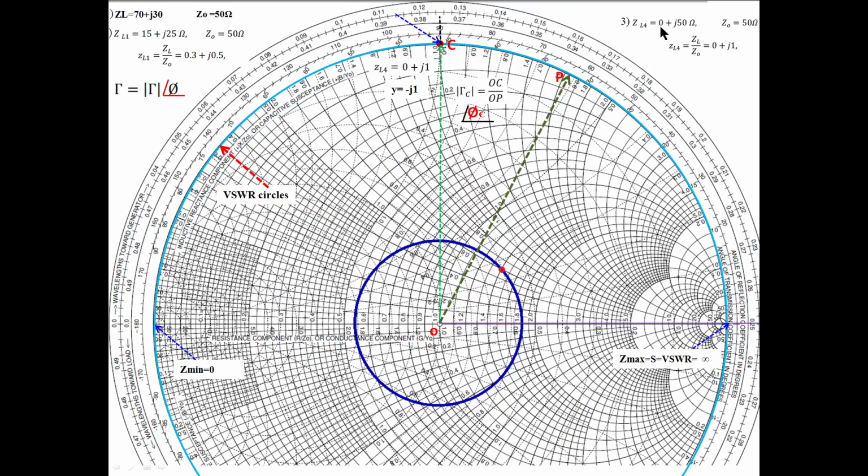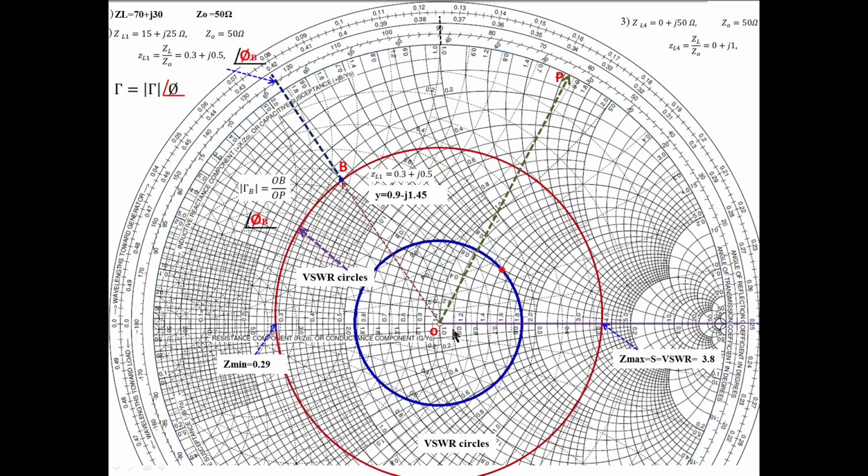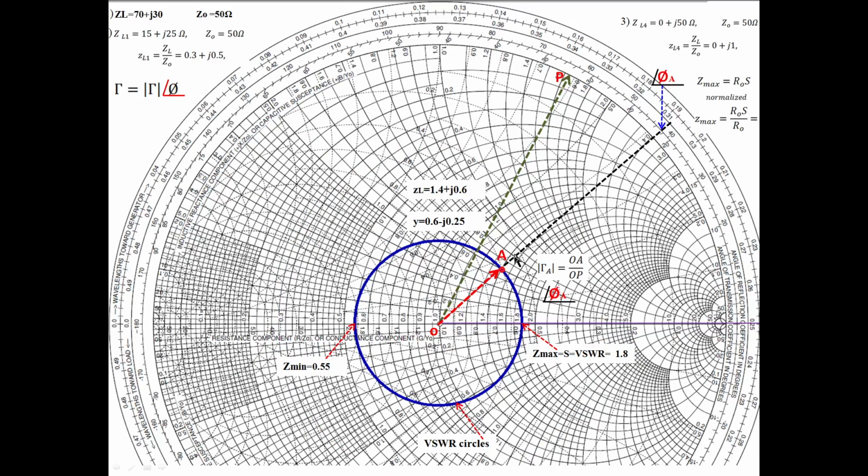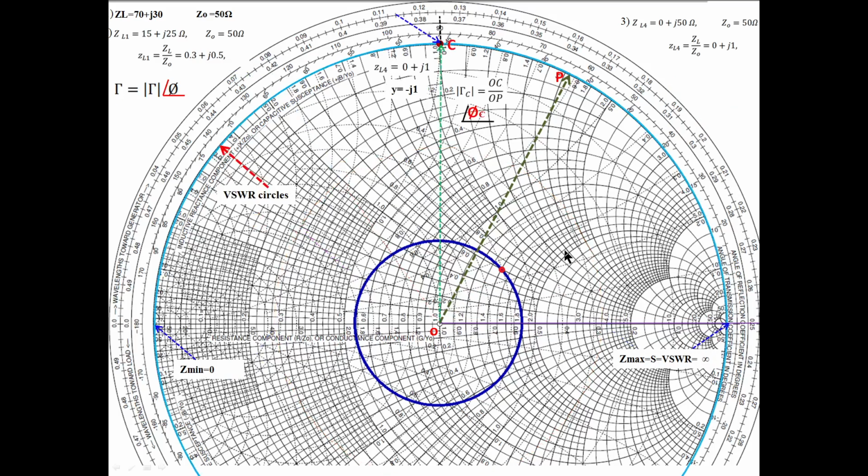But for this particular load, the reflection coefficient may take 1, because this distance from here to here is OC, which is the same as this OP. So we have to measure the distance from the center of the Smith chart to the load point, that is OB. Similarly, for any load, here OA divided by OP, from the center of the Smith chart to the R is equal to 0 circle. Like that you can find the reflection coefficient. So you can do it easily from the Smith chart instead of using a mathematical equation.